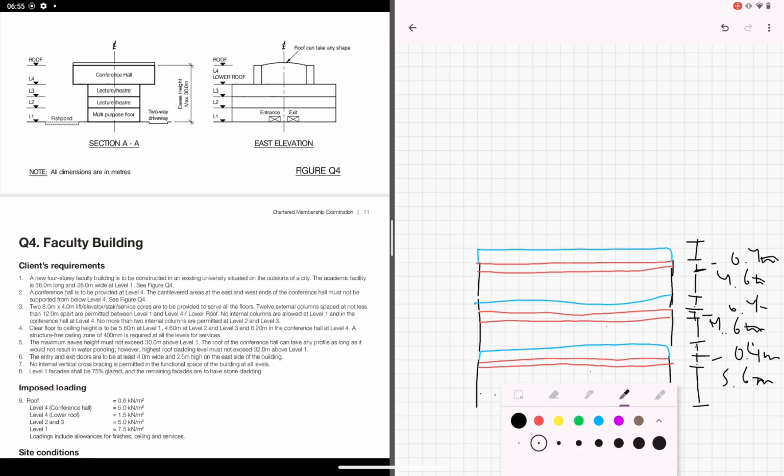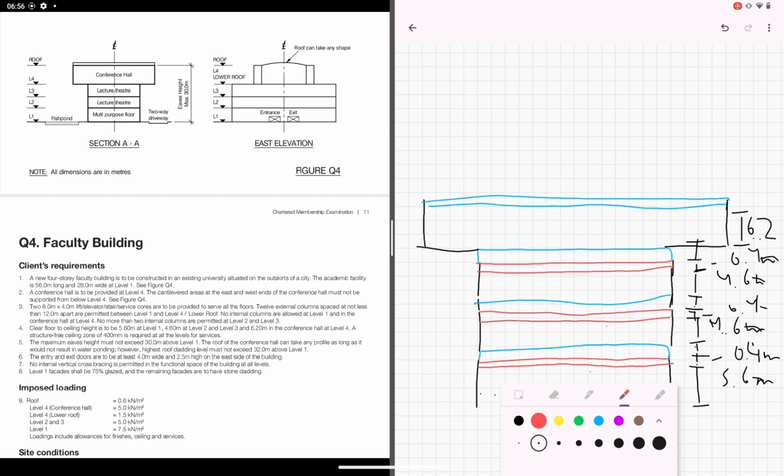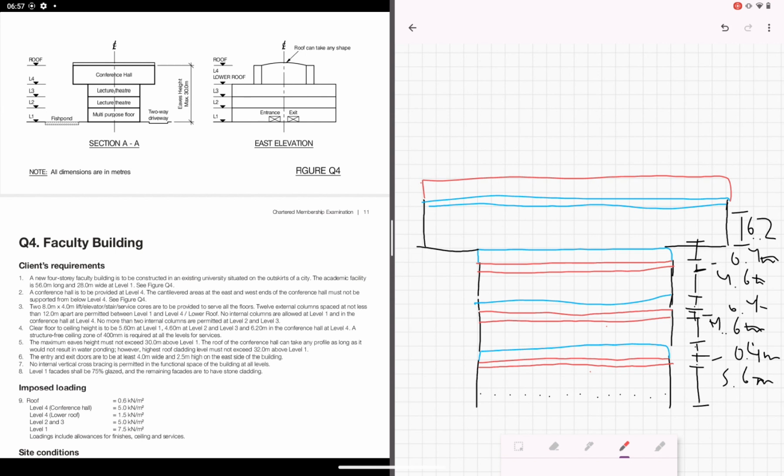I did the same for each level, so you find what your construction zone or your construction depth is for each level. So the level above was 4.6 meters the clear height, and you had 0.4 meters again they needed for services, and that was the same for level 2 and for level 3. When you went to the top level, level 4, it was slightly different, and the reason is because